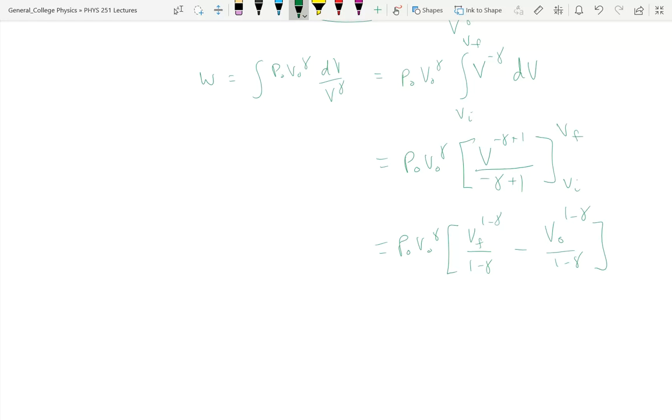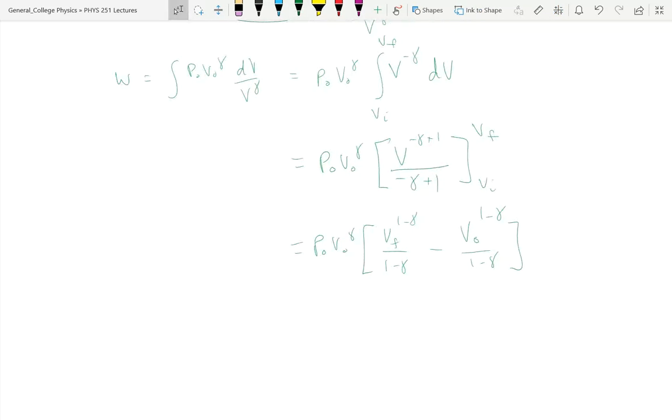Now, if you do this, you can leave it like that, and that is correct. But you can simplify it by bringing the P0, V0 to the gamma inside. So I'm going to bring the 1 minus gamma to the outside. And inside I'll have